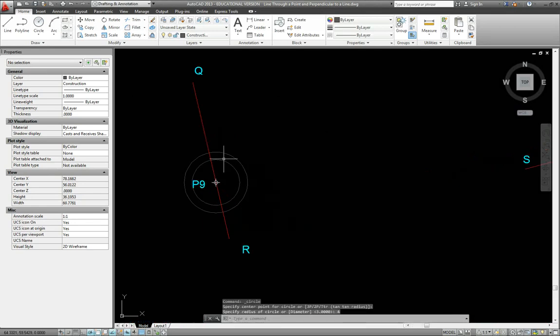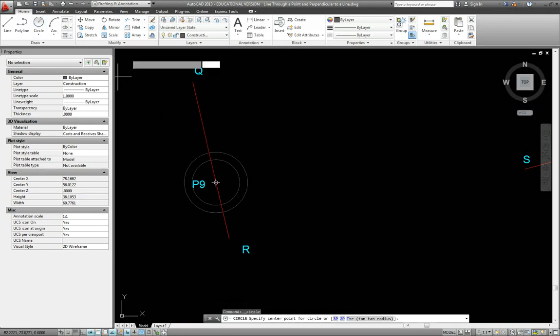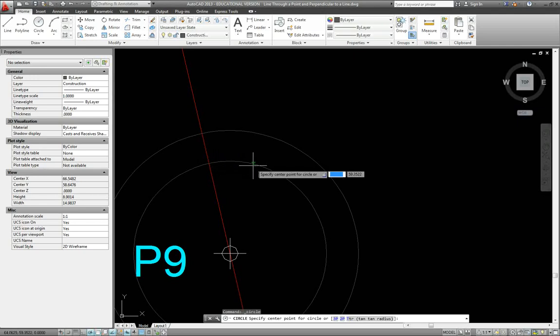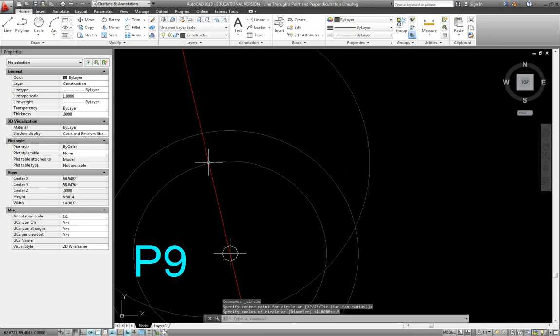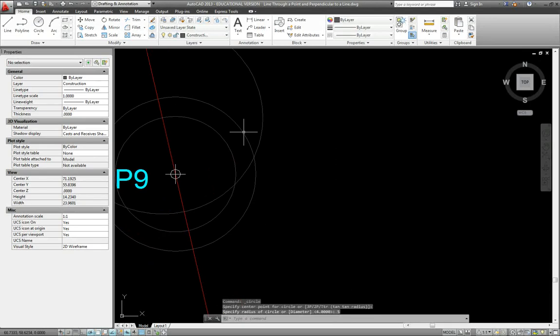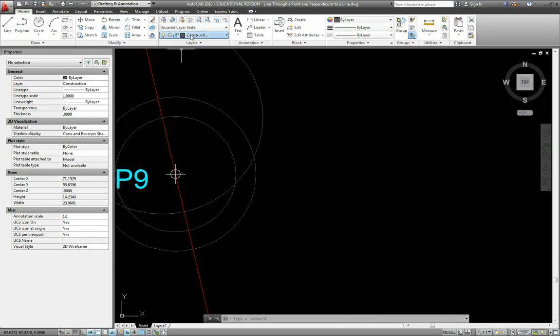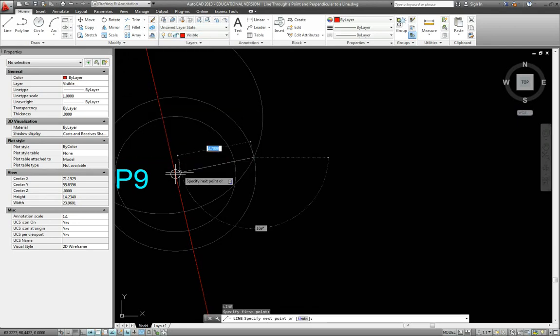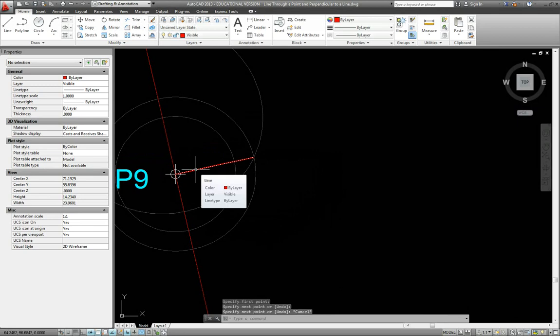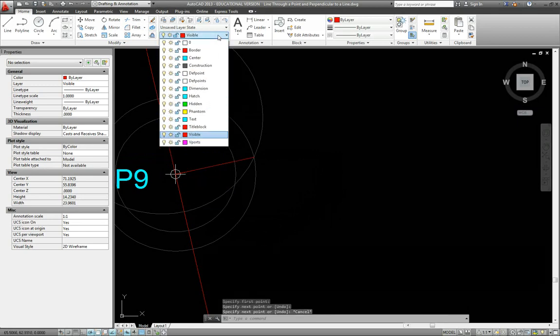Now I want to create another circle with a radius of 5, but this time I want the center to be at the intersection of the edge of this circle with a radius of 3 and the original line. So at that intersection I want to type in 5 for my radius. From this new intersection point here, if I draw a line back to the node, that creates a 90-degree angle. And just for demonstration purposes again,